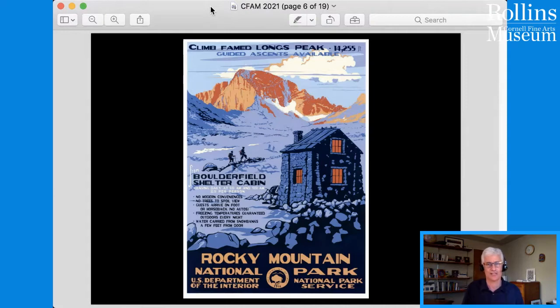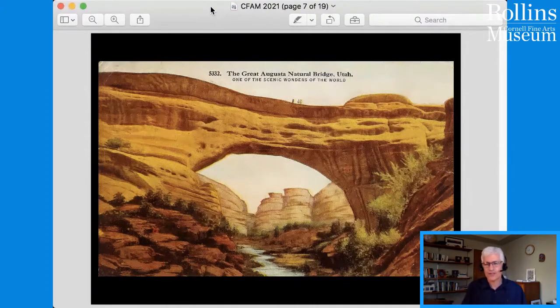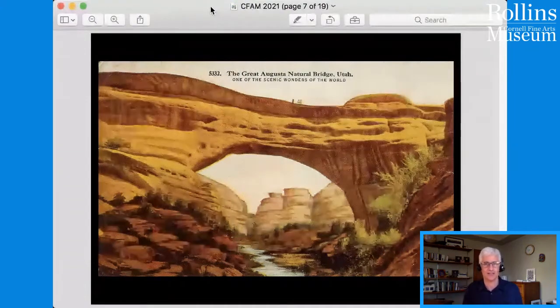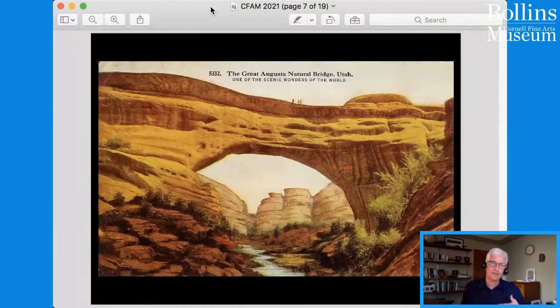And Rachel and I began talking about this a lot around 2016, 2017. And one of the things that Rachel had is this amazing collection of postcards going back to the 1920s and 30s, which were also part of this idealized, iconic representations of a lot of these landscapes. And these were really postcard series that